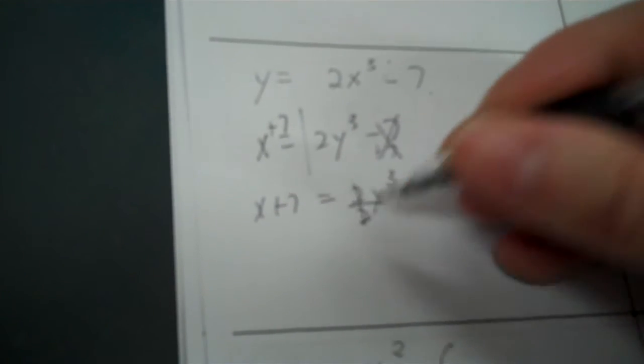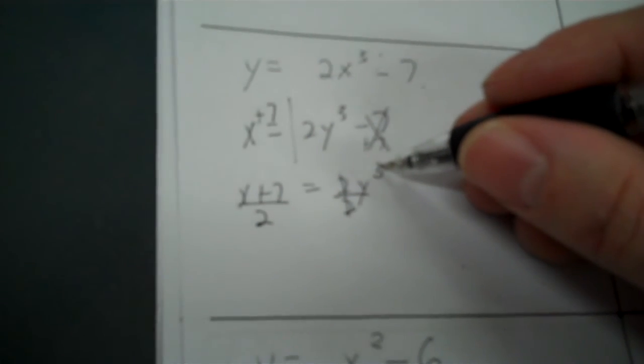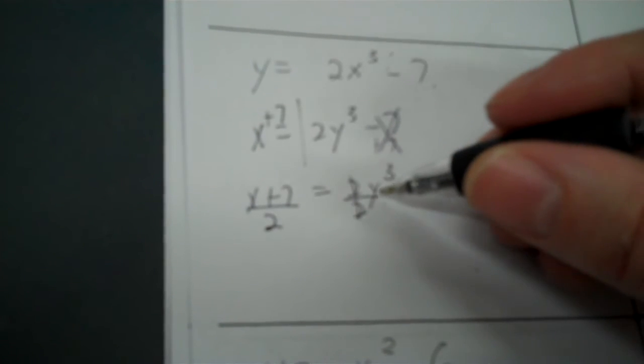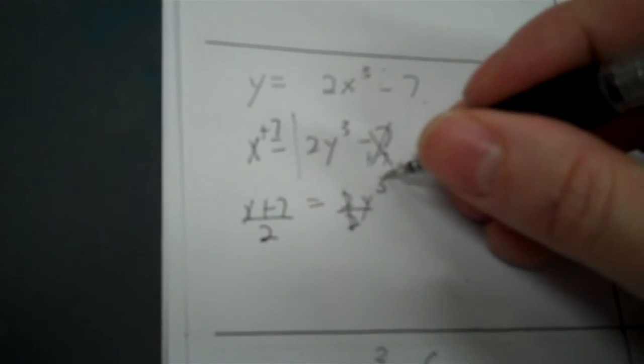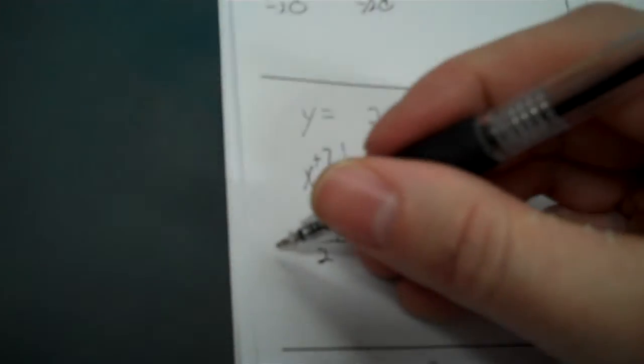Okay, now with the 2, again, I divide by 2. Remember to make your line when you divide, okay? Now, you'd like to think that's your answer, but what about this third power? Well, when I have a power on this y I'm trying to get by itself, I cross out the power, and I'm going to make a root, okay? And it's a third power, so I need a 3 in the index of the radical. Now I have my answer, okay? The cubed root of x plus 7 divided by 2. It's kind of weird, but